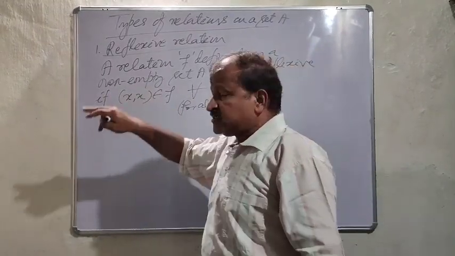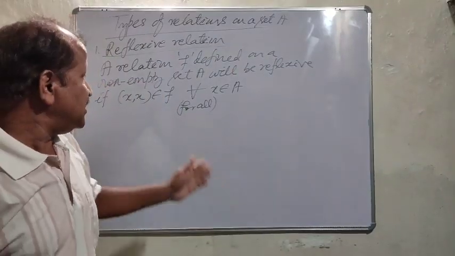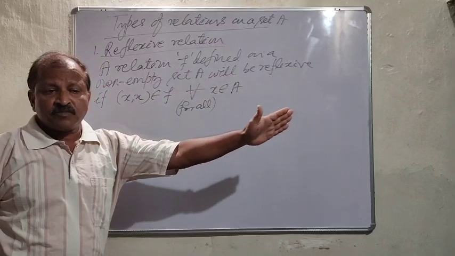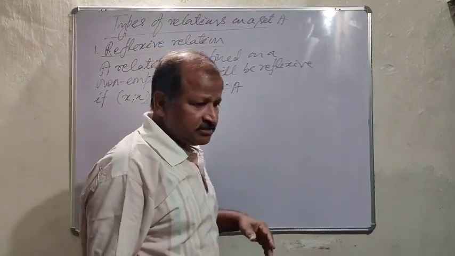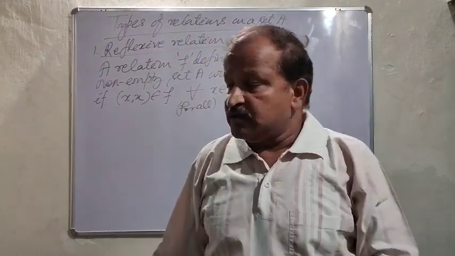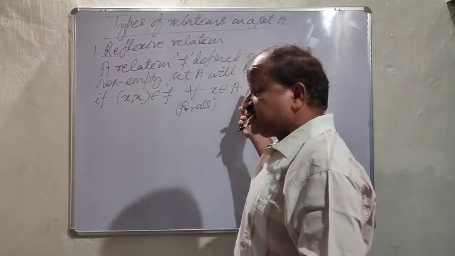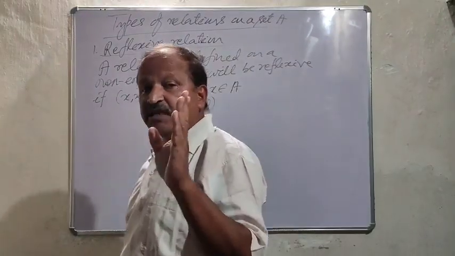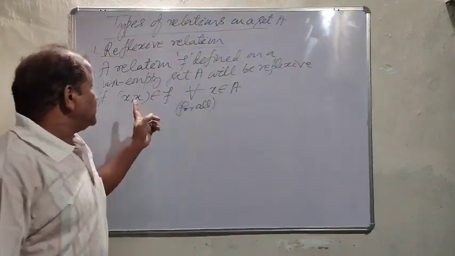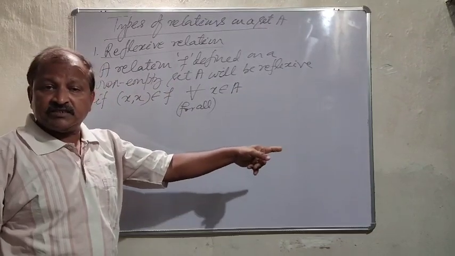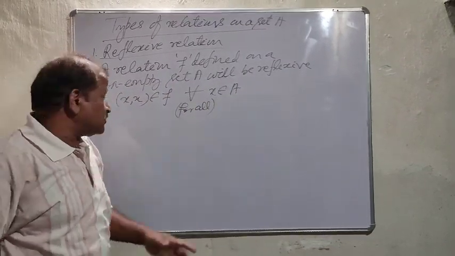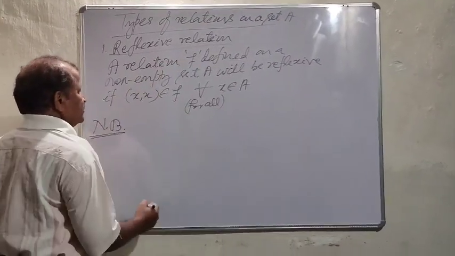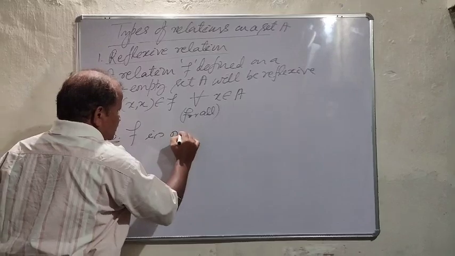Here the statement is: x is related to x for all x belongs to A. When will it be false? Yes. What will be its negation? The negation of "for all" will be: there exists at least one x in A which is not related to x itself. Then it is not reflexive. Let us write here. This is very important. F is not reflexive